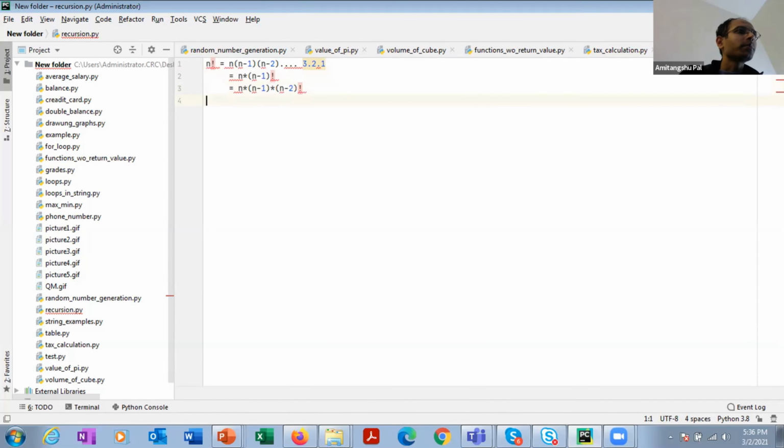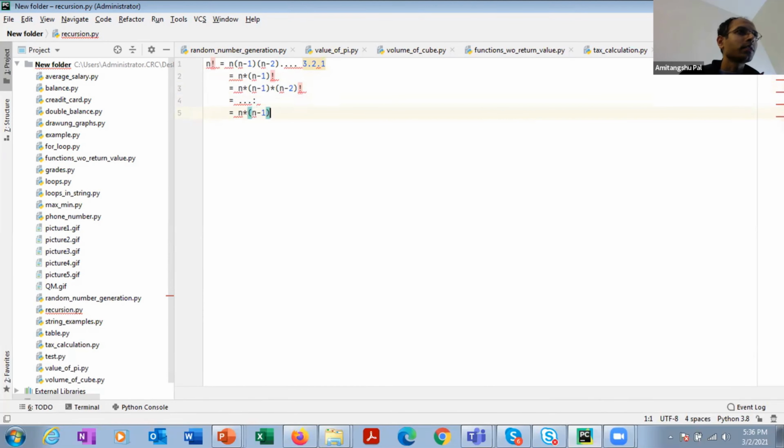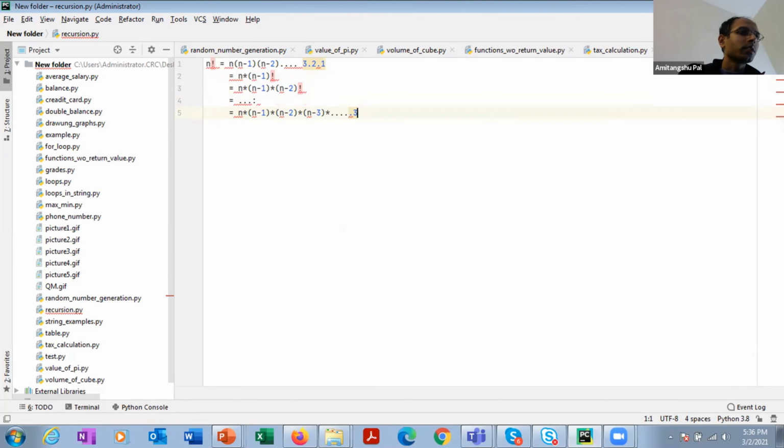And in this way, if I keep expanding this, then I will get n multiplied by n minus 1 multiplied by n minus 2 multiplied by n minus 3 multiplied by dot dot dot 3, 2, 1 multiplied by 0 factorial. Okay.